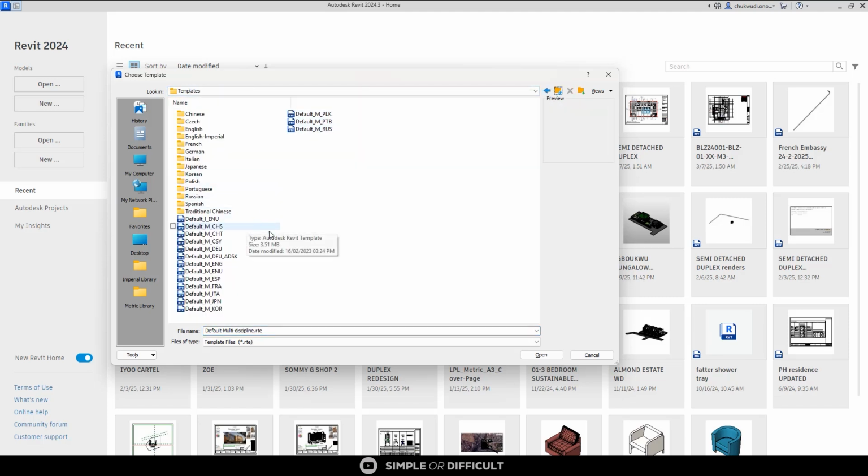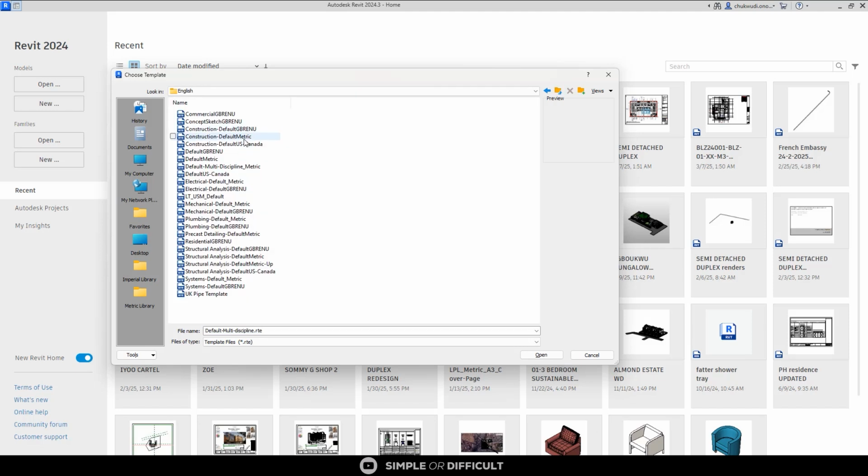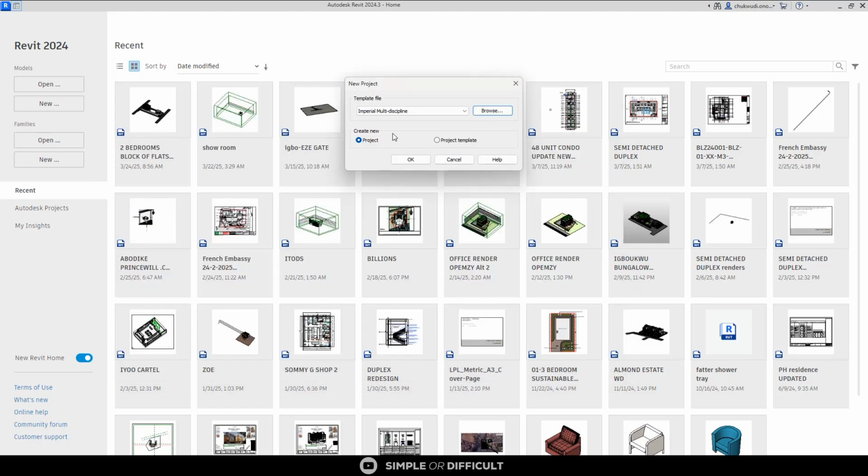If I go back, you're going to see English. That's the metric one. So you can still select any one you want from here if you don't want to use all the things that are going to be made available to you in the multidiscipline. Okay, but for the purpose of this class and what it is we're talking about, we are going to be using